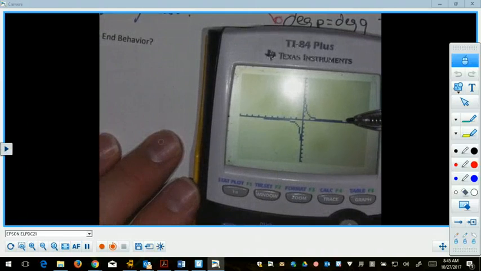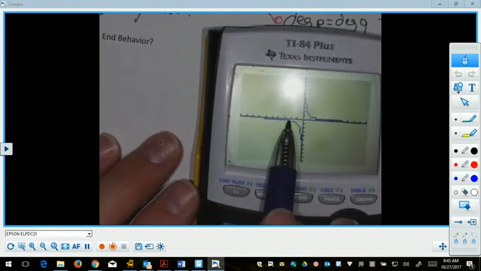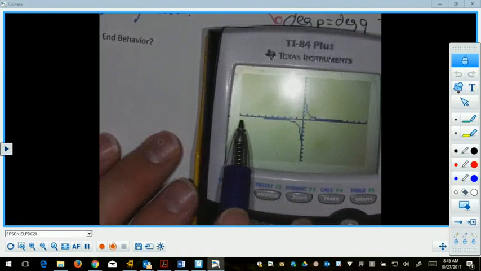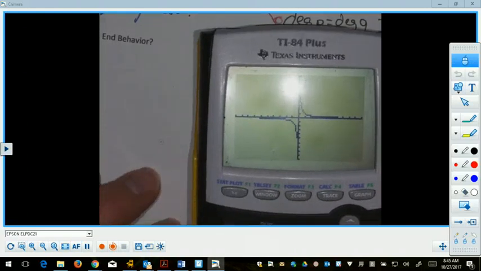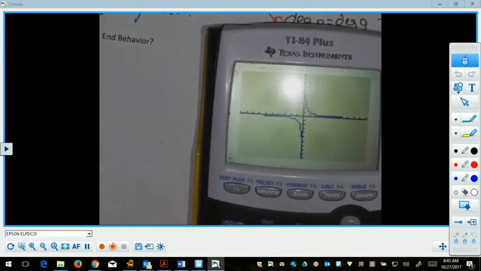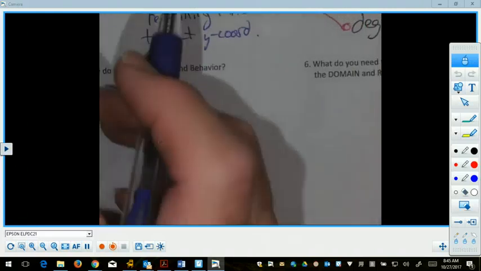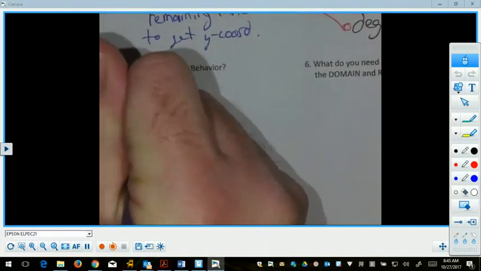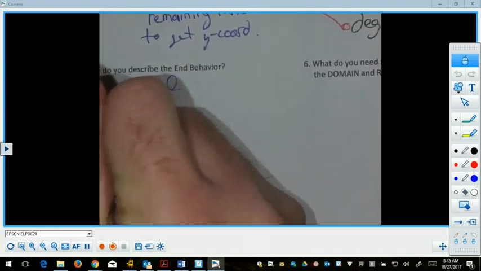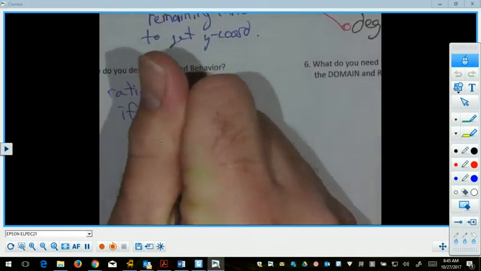What's happening with this graph? It's getting closer and closer to what? To the x-axis. It's getting closer and closer to a height of 0. And as it's coming up on this side and going to the left, it's getting closer and closer to a height of 0. So unlike our polynomial functions, which shoot up toward infinity, for a rational function that has a horizontal asymptote,